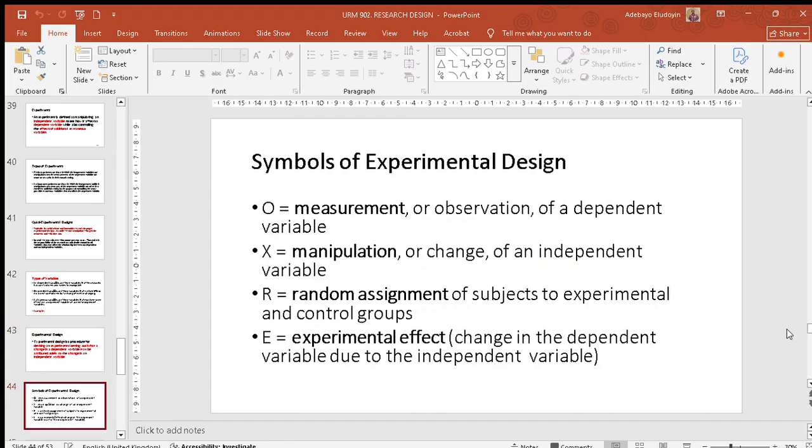So these are the common symbols that we use when we are using experimental design. There's need for observation. It's a measurement, the one we have symbol O for a dependent variable. And then we have X now to show change or manipulated value of an independent variable. And then we have our random assignment of subjects to experimental and control groups. You randomly assign, you just assign to ask the question, what if,